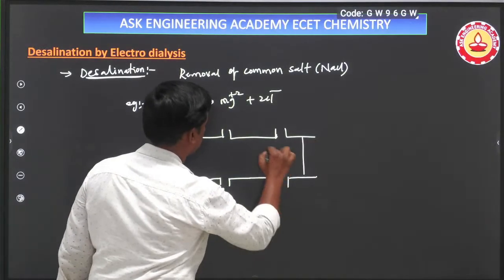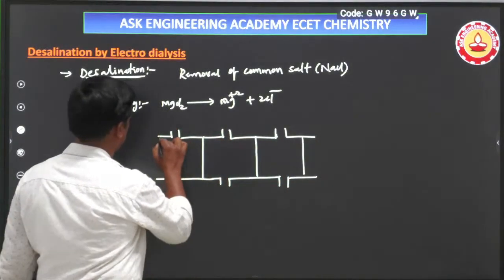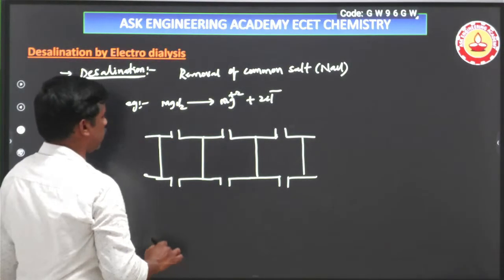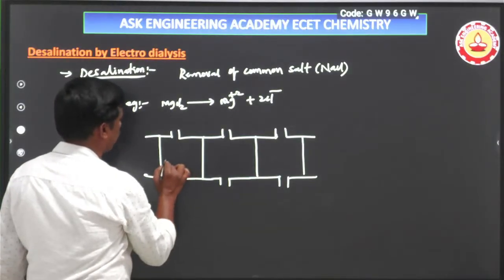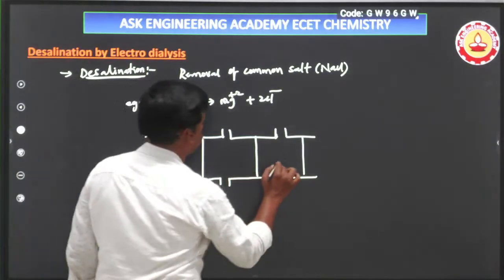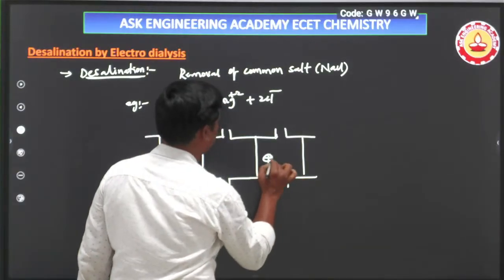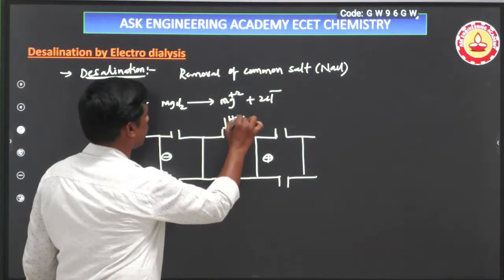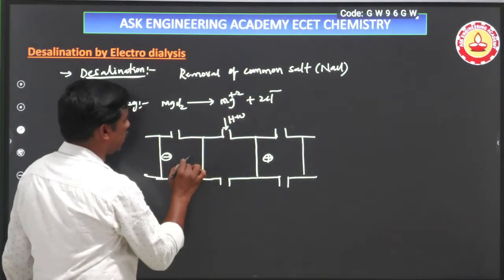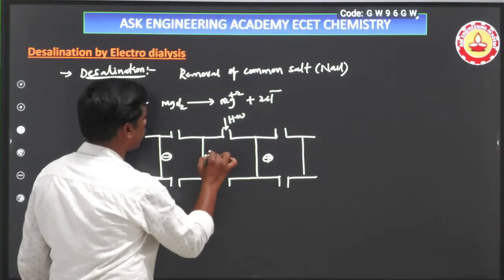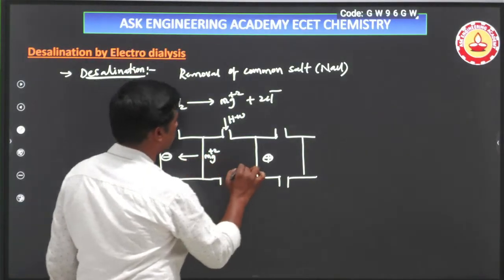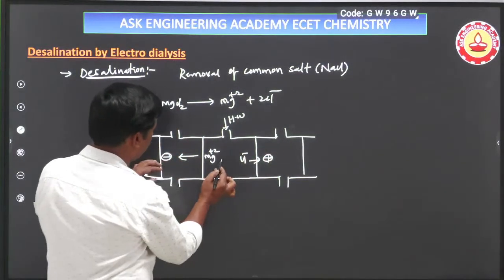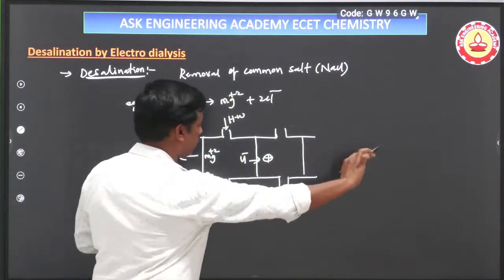three compartments, like here whenever hot water is going to enter, here for example a negative electrode, and here a positive electrode is present. Here what happens, whenever hot water comes here containing all these ions, magnesium 2 plus is moving towards this and Cl minus is moving towards like this, and separating, magnesium ions are removed from here and Cl minus ions are removed from here.